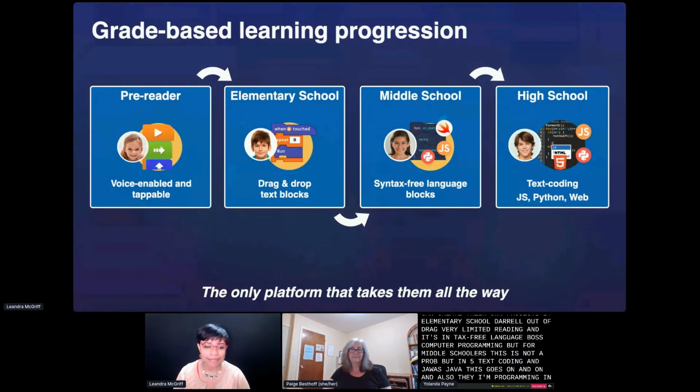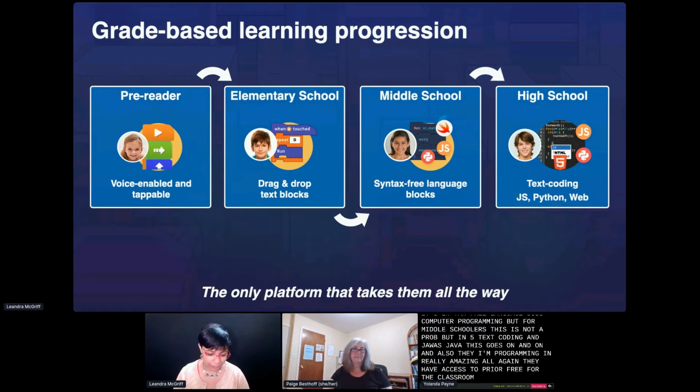So it's really amazing all that our students have access to. And again, they have access to project creation in all of these languages for free for the classroom. We wanted to make sure that Tinker is free for everyone forever. Even if you don't have the premium subscription, you can still benefit from what Tinker has to offer.